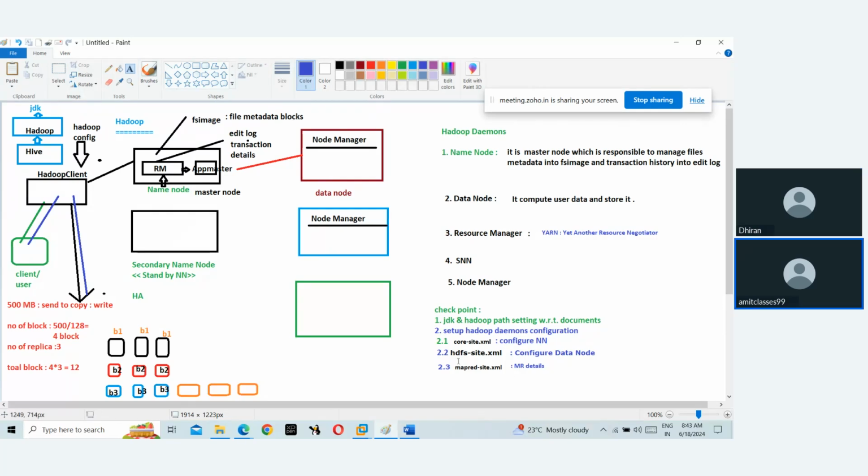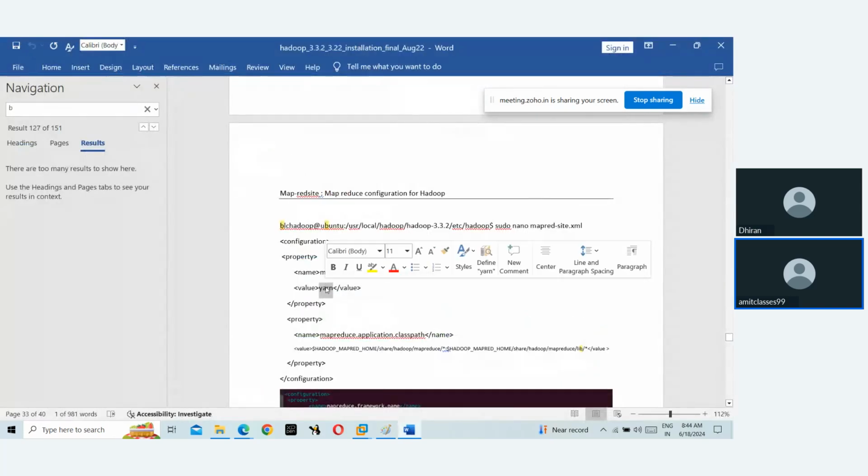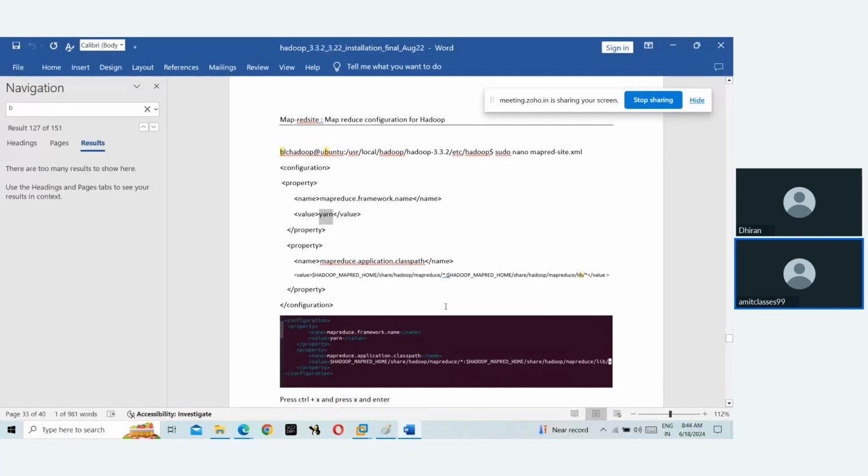Whenever we are sending any data to compute or process, MapReduce will be used, so MapReduce details we are keeping here. To compute the data, we require resources, correct? That's why MapReduce communicates with yarn-site.xml to get the Yarn resource. One more file we use here,